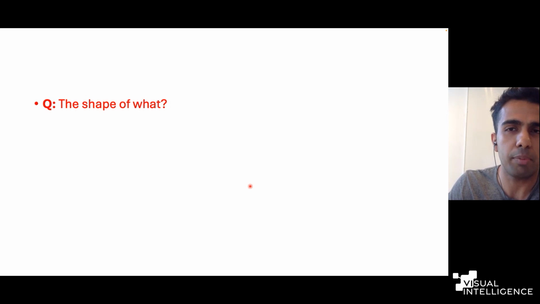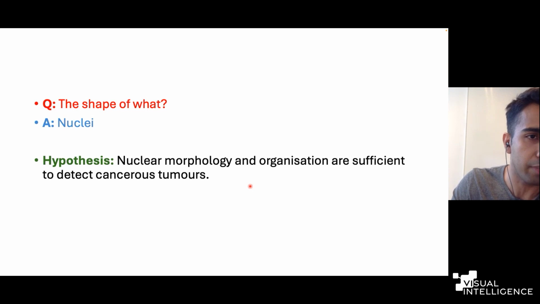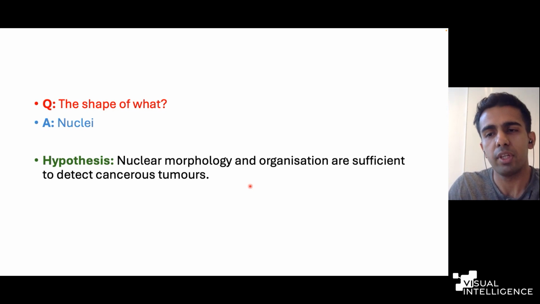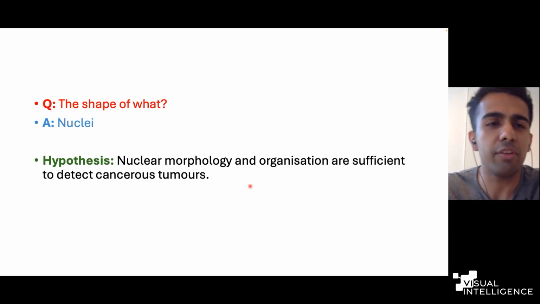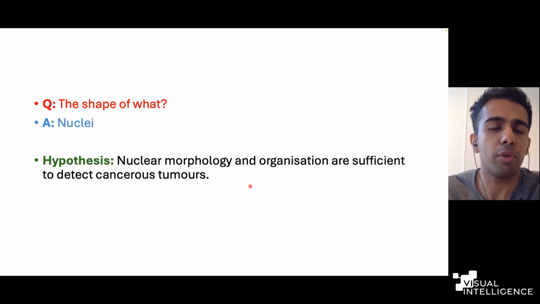Then the question is, the shape of what? And in this paper, we are saying the shape of nuclei, which leads to the hypothesis in the paper, which is that nuclear morphology and organization are sufficient to detect cancer. This is not very clear, because we know from biology that when we get cancer, nuclear morphology, so the shape of nuclei and the way they are organized in the cell, changes. But we don't know if it has sufficient information to actually detect cancer, because when humans do it,